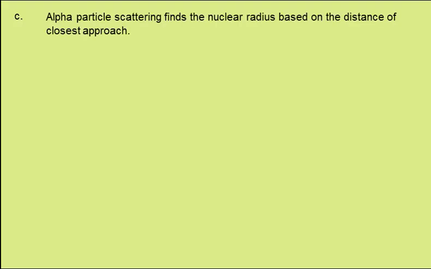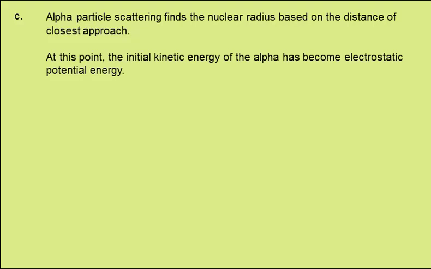In part C, we're asked to compare the two methods of estimating the radius of a nucleus, being electron diffraction and alpha particle scattering. Well, alpha particle scattering finds the nuclear radius based on the distance of closest approach. At this point, the initial kinetic energy of the alpha has become electrostatic potential energy. We've got the kinetic energy mv squared over 2 equaling the potential energy 1 over 4 pi epsilon naught q1